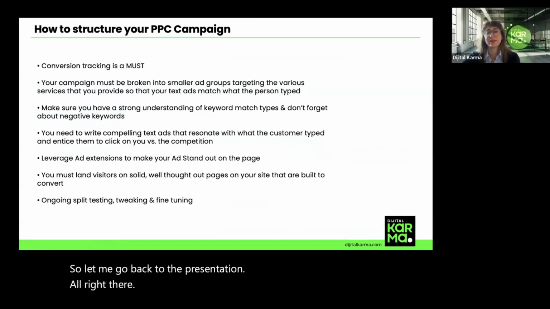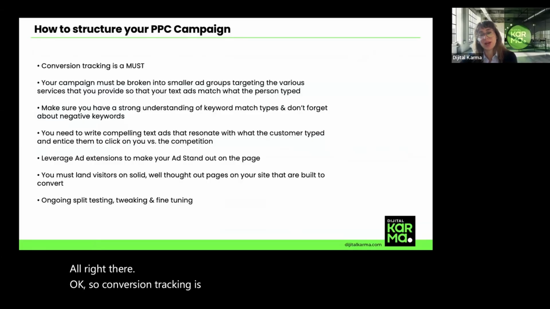So conversion tracking is a must, and your account also needs granular search campaigns. Structure your campaigns into tight, focused ad groups, each targeting a specific service with matching ads and landing pages. If someone searches for termite treatment near me, they should see an ad about termite treatment, not your homepage.